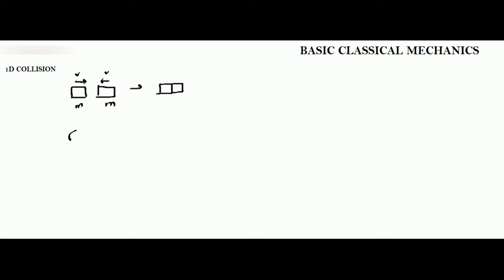Now consider two rubber balls. Now two rubber balls of same mass m, okay, and consider these rubber balls are moving towards each other with same velocity v. Then what happens is the final stage is, so I'll draw intermediate stages later on. The final stage is that these two rubber balls undergo elastic collision and then they will move away from each other with a velocity v, and this velocity v is same as the velocity v with which they were approaching. So why is that in inelastic collision they stick and in elastic collision they move in opposite direction? So let us see what are the intermediate stages in an elastic collision.